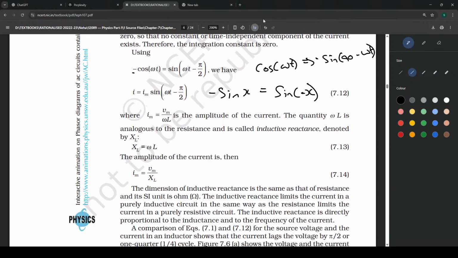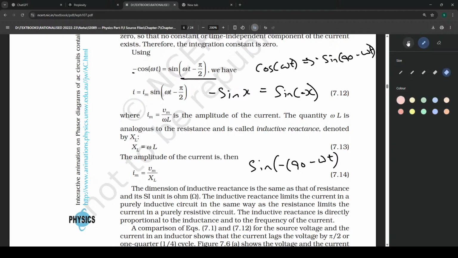Based on this formula, we can take this minus inside the sine function, which we can write as sine of minus of 90 minus omega t, that they have directly written as omega t minus pi by 2. Or 90 we can write as pi by 2, basically pi by 2 radians or 90 degrees, same thing. Now when we multiply minus inside, we will get omega t minus 90. So now after obtaining i, which is equals to Im sine omega t minus pi by 2,